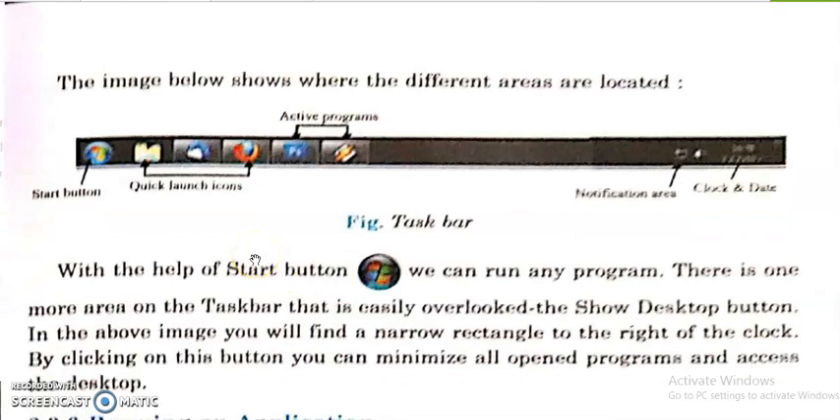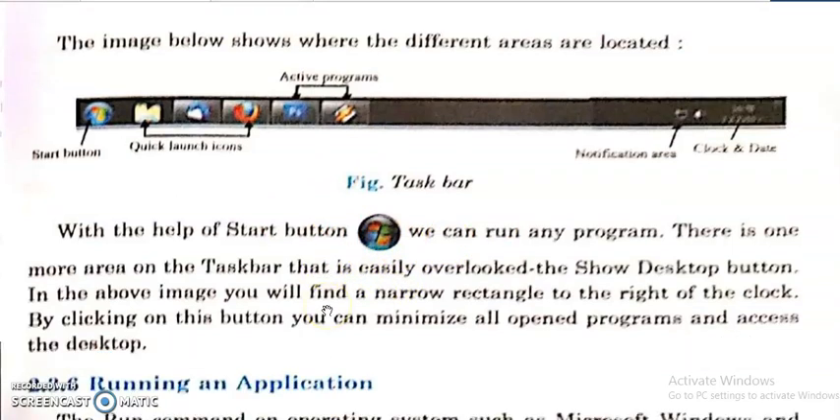Here we can see a single image of a taskbar of a desktop. This is your start button. These are your quick launch icons, which are in the middle section of a taskbar. And then we have a notification area and date and time in the system tray, where we can get the date and time of a system. So this is the diagram of a taskbar. And with the help of a start button, we can run any